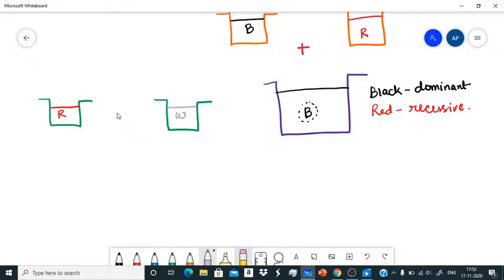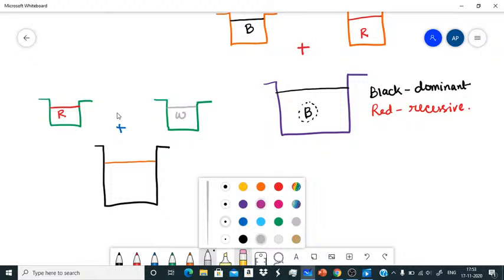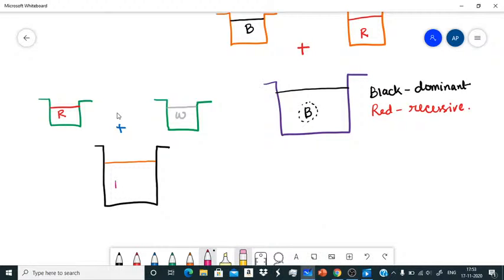So let's take red and white colors, and now if I mix these into a large container, we are supposed to get a color which is pink, right? We will get something known as pink,